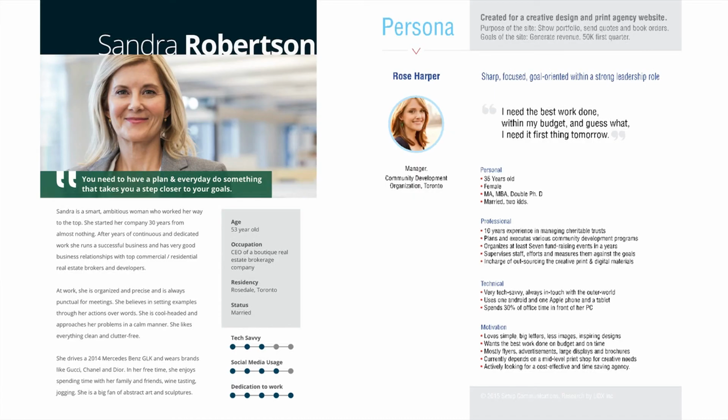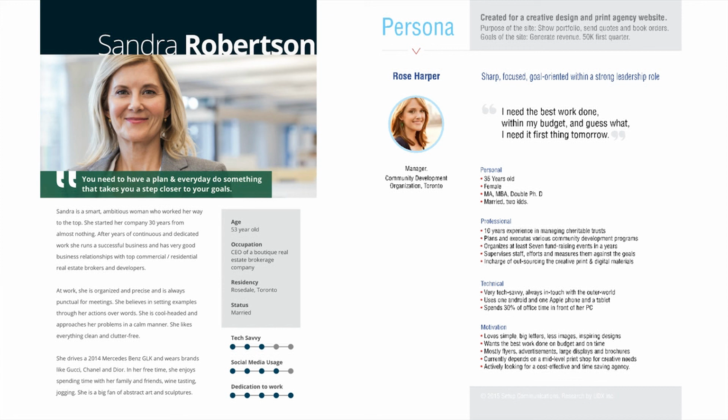Here are some examples of personas that students have handed in to me over the years. Let me break down the components that we see in personas. These are two personas that, from a design aesthetic perspective, are a little different, but they include similar components. A persona needs to have a name. A first and last name is typical. Personas should also have basic demographic qualities like age, gender, occupation, and education.